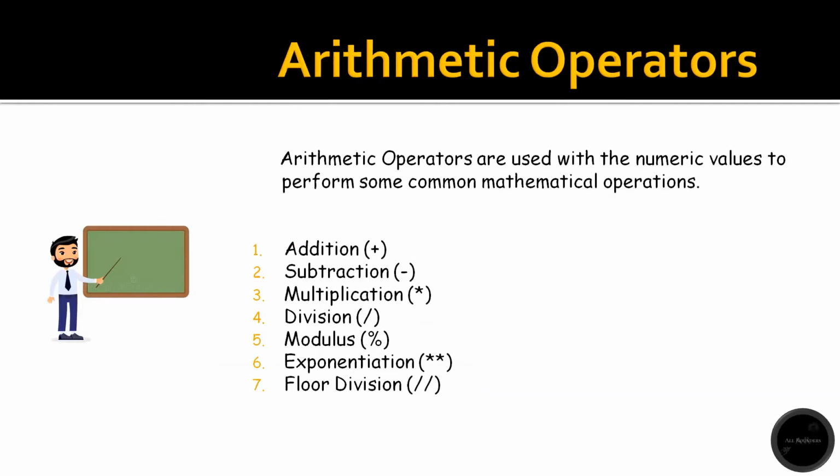So these are the arithmetic operators. Arithmetic operators are used with numeric values to perform common mathematical operations. We had also explained these operations in the previous videos where we used arithmetic operations in data structures like lists, tuples, and dictionaries. There we gave you a brief about this topic, and now I'll give you a quick revision. These are the arithmetic operators, starting with addition, then subtraction, multiplication, division, modulus, exponent, and floor division. In the brackets, you can also see the signs. So these are basic mathematical operations. That was all about arithmetic operators.